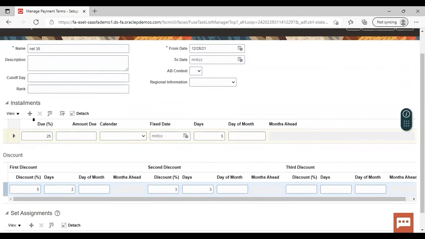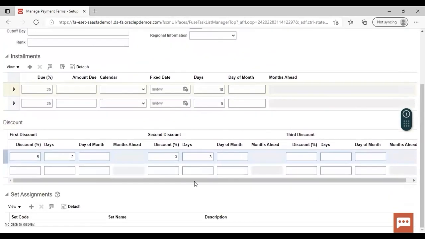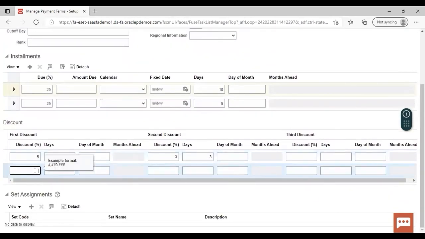Now for adding one more installment, click on the add icon, like 25% due to be paid within 10 days. Now for this installment line, you can give a discount here. This is not mandatory. If you want to give a discount line, you can.